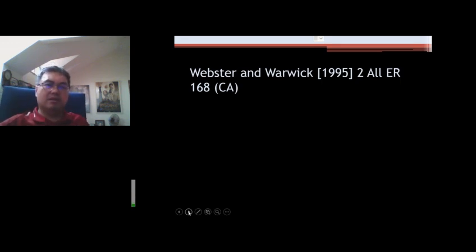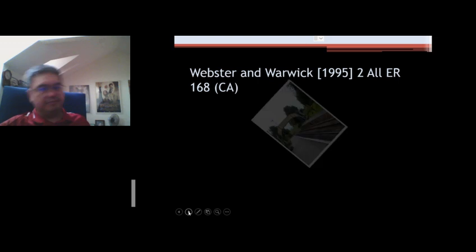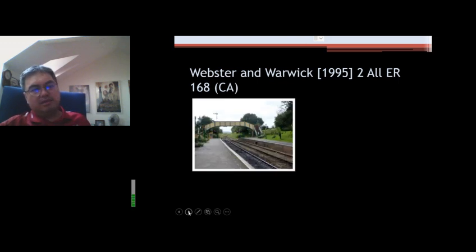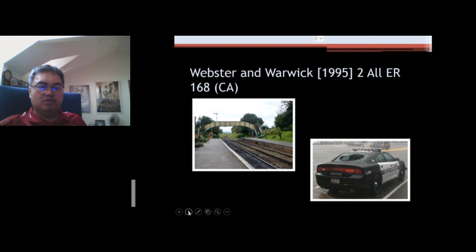Two cases heard together by the Court of Appeal, Webster and Warwick. In the case of Webster, the accused was on an overhead bridge and threw something into an oncoming train, causing the ceiling fiberglass to break, and it rained down onto the passengers and endangered the lives of the passengers. In the case of Warwick, the accused threw a stone or a brick at the back windscreen of a police car, and the window was broken, and the glass fell onto the passengers in